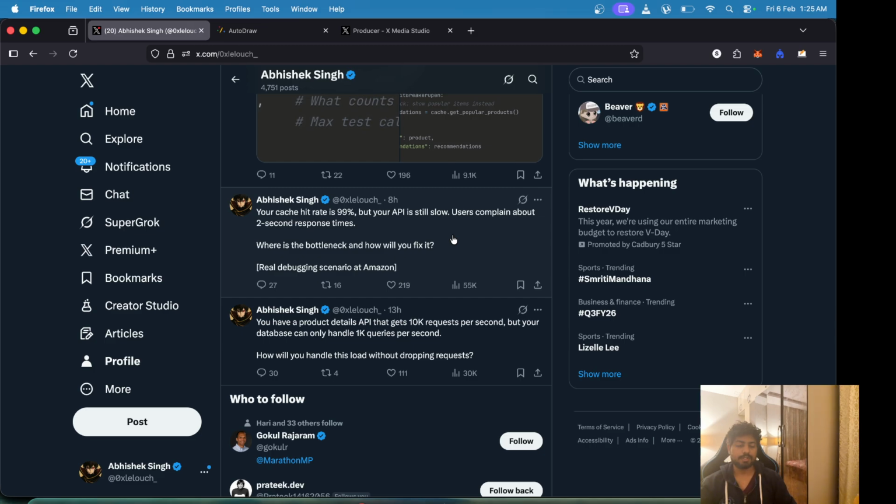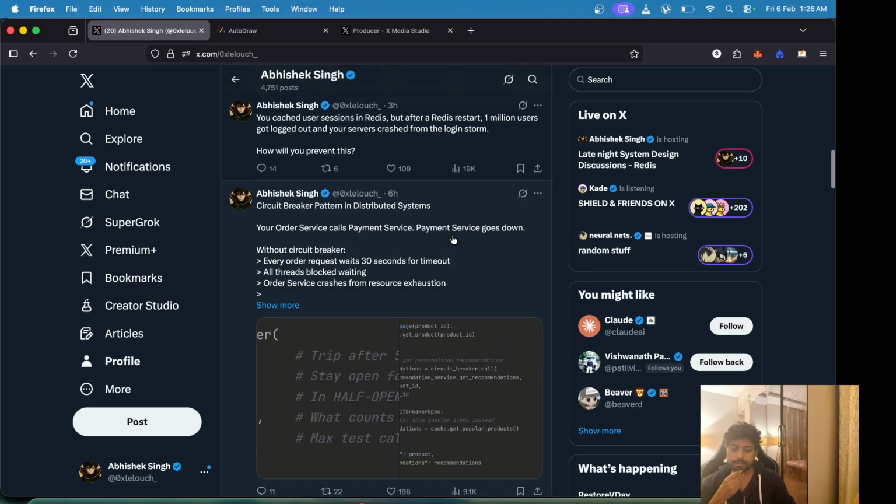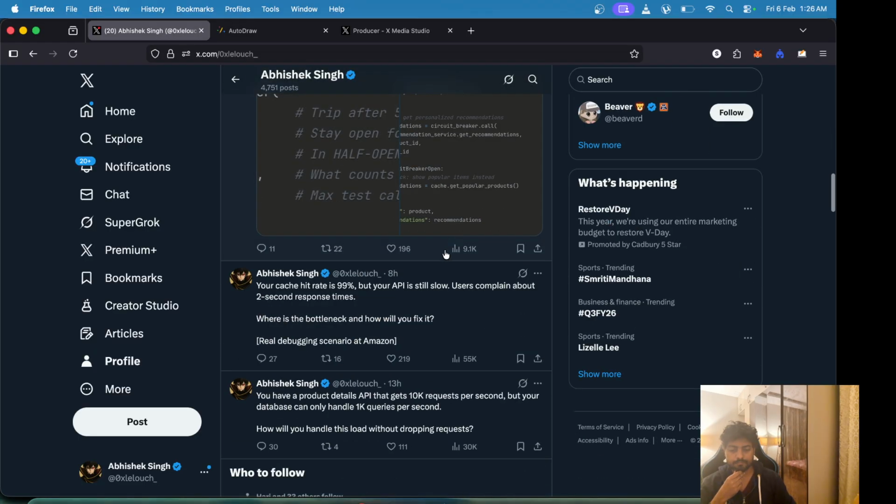I wouldn't say scaled, like some of these are scale based problems, but most of them are just implementing things correctly, and testing your implementation against the traffic that you get. So we will be discussing two problems today.